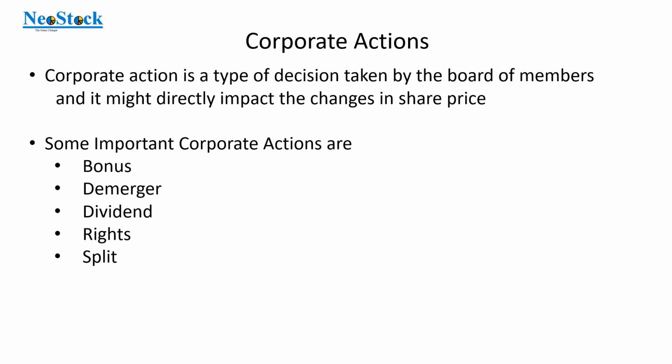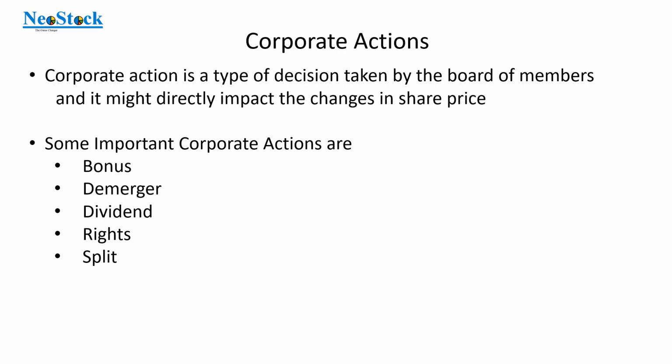These corporate actions are directly impacting the prices in our charts. I'm not going into the details of each of these corporate actions. That is not required from our demand and supply zone course point of view. But because you are analyzing the charts, you should understand that every time a company takes a corporate action related to this list,